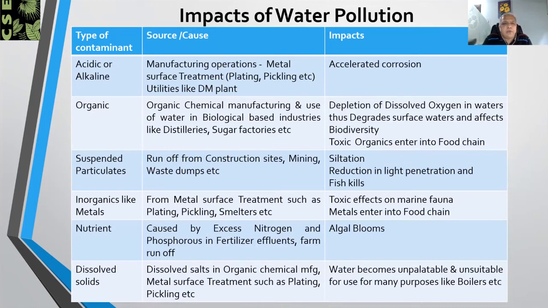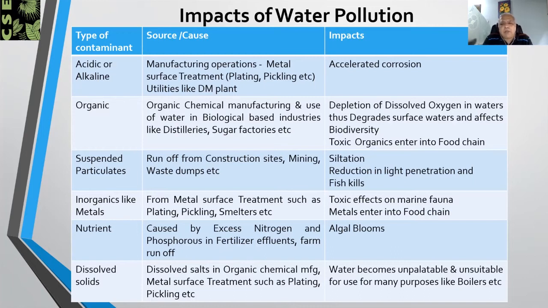The sources of various polluting parameters have been identified here, and the impacts which these cause. Any EIA scientist should be fully aware of what are the likely sources of contaminants, and what are the impacts which may be caused because of these polluting parameters entering into the